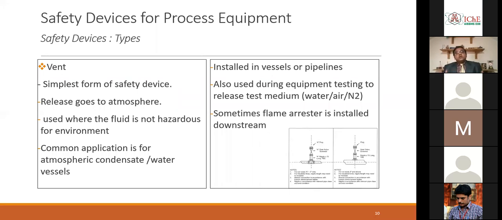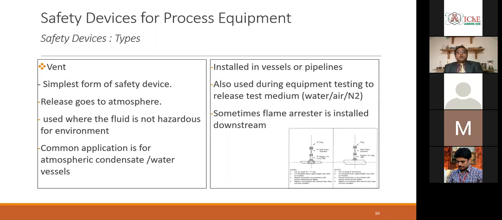system. You know, steam is used everywhere in the plant, so when it is used for heating or in turbines and all, it condenses and forms water. We will not generally throw that condensate out, we will recycle it again to make steam. So that condensate is stored in condensate drums, and those drums are operated in atmospheric conditions. So generally those drums will have a vent to atmosphere. So that is an example.